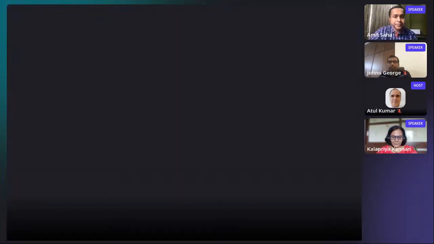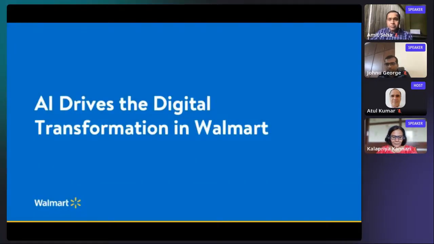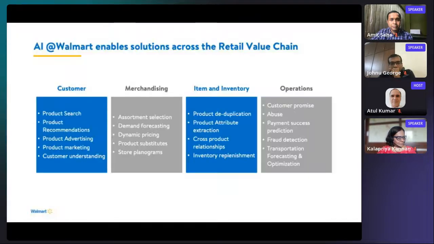My name is Ravi Balasubramanian. I'm a Director of Data Science at Walmart. I'm going to present on behalf of my broader data science and AI teams within the Walmart India Development Center. I shall talk about how data science and AI is driving digital transformation within Walmart. I will also highlight various application areas through some examples where our algorithms and solutions have been deployed to guide everyday decision making. AI is core to most of our products, and we are enabling solutions across the full retail